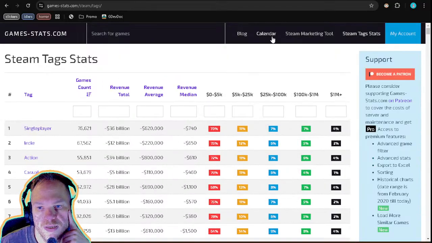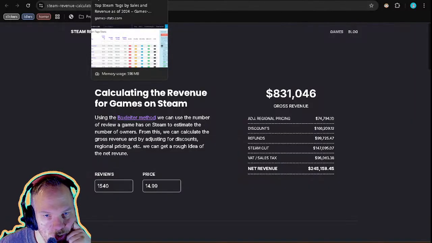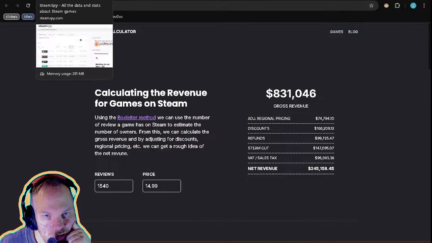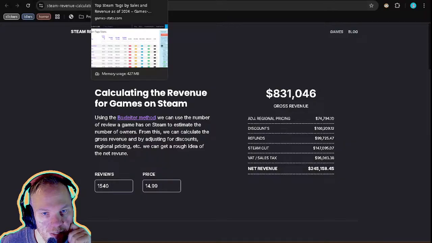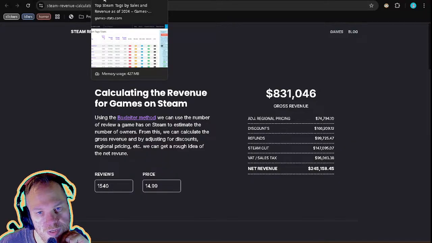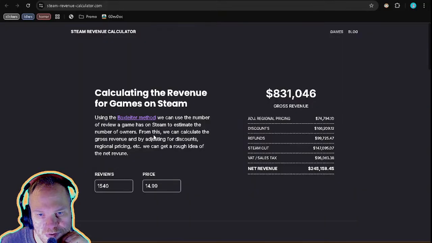What else? I think that's all for this one. It seems to be too chunky for good use. I might remove some of them from the list or put them in another category in the documentation. So now we have a revenue calculator. You put the number of reviews of the